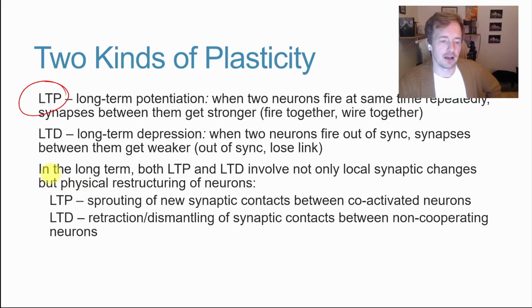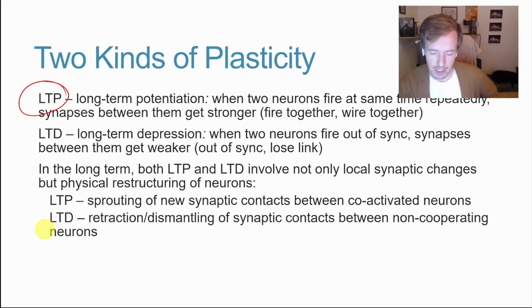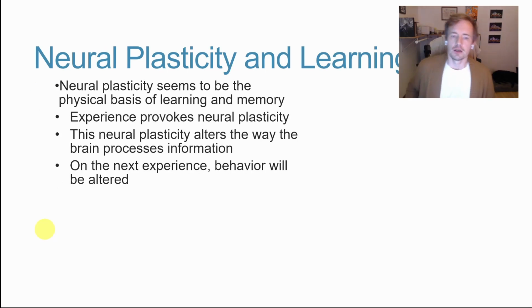So you can think of long-term potentiation as sprouting new synaptic contacts between similar neurons, and LTD is whenever you are essentially pruning away and stripping back some of those dendrites and axon terminals because they don't seem like they're being used as much as they were before. So in order for neuroplasticity